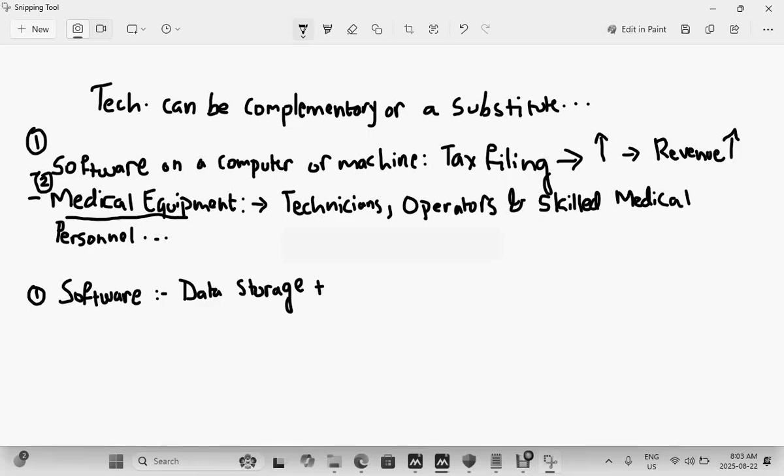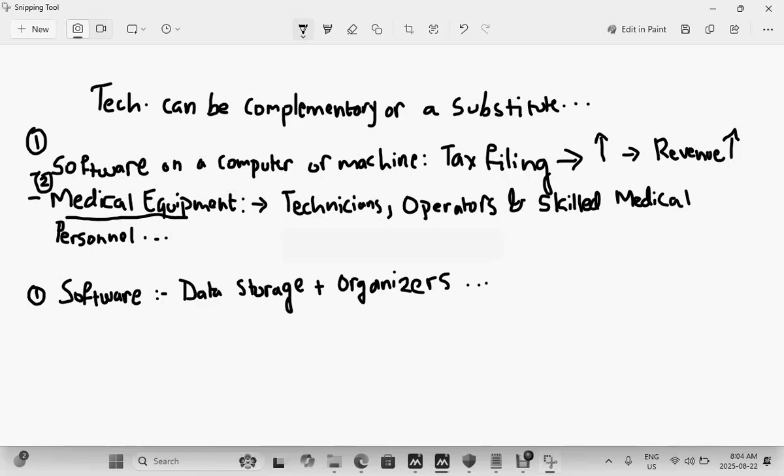So you have data storage as well as organization. Nowadays you also have a lot of other applications as well as software which lets you organize your data, create reminders for yourself, set up alarms on your phone, for example, as a result of which the demand for certain occupations in general goes down.